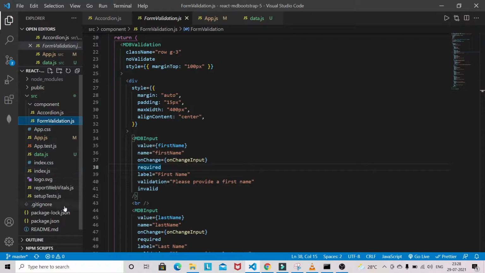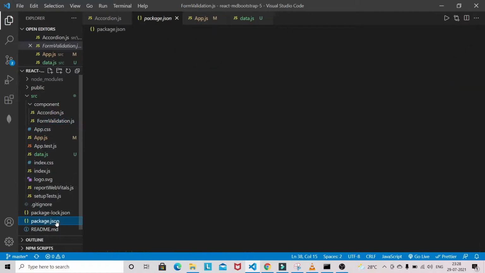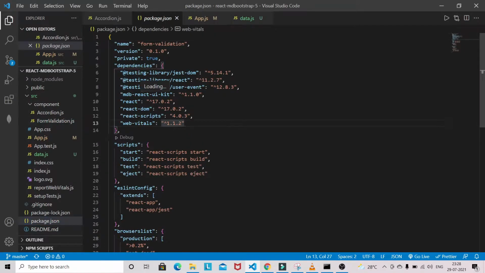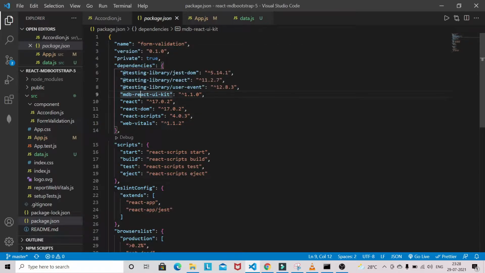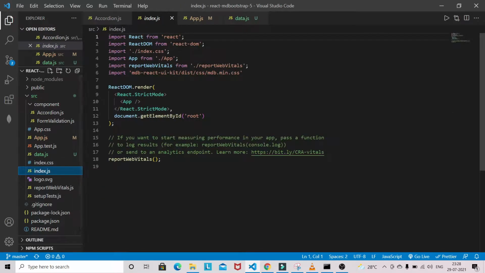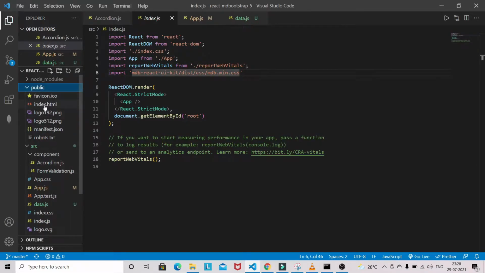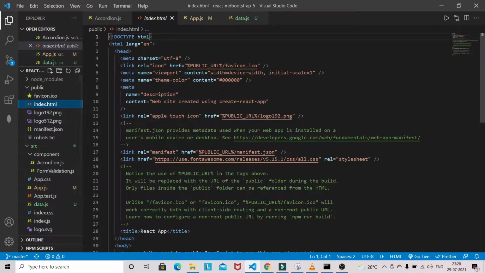And we are using Material Design Bootstrap Hive. So if you look at my package.json, I'm using this npm package to implement all these components. And in the index.js I have also used this css file, and in public index.html I have just pasted this Font Awesome styling set.